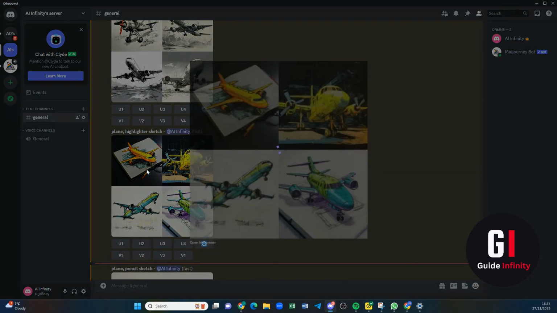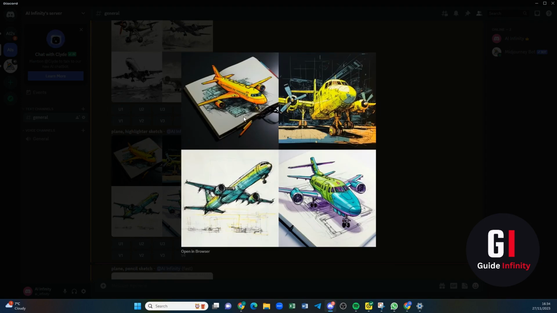So we've got highlighter sketch. So let's have a look. So we've got nice colours popping out here. This could be amazing. Yeah, if you're really wanting that pop of colour, that could be a really good prompt